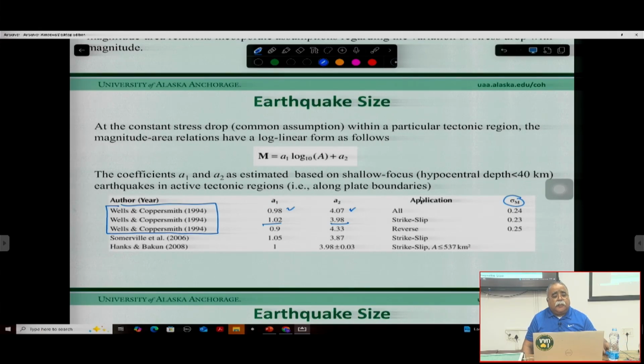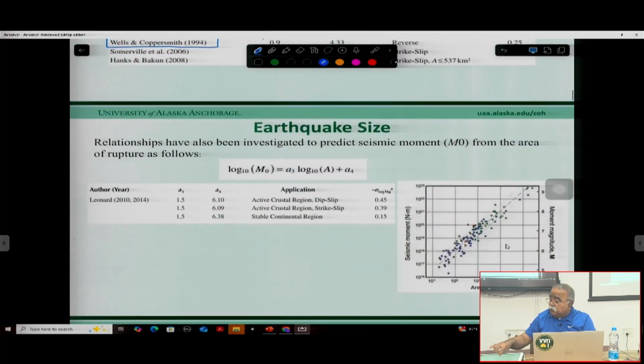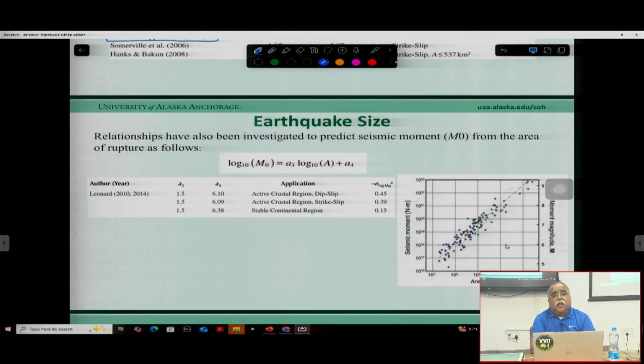Okay, so if we know the length and width, then of course it is a shallow focus earthquake. All the earthquakes they had used are basically shallow focus and also in active tectonic zones. So these are some of the conditions they used: active tectonic areas and shallow focus. Then we can calculate that magnitude. So that is the particular relation that we can establish. Now similarly, we can also calculate how much moment is released by the earthquake,